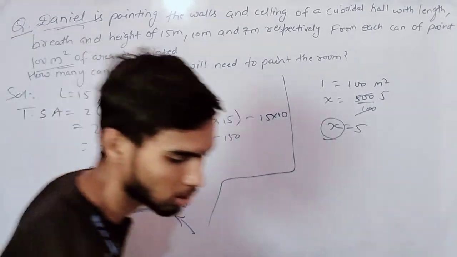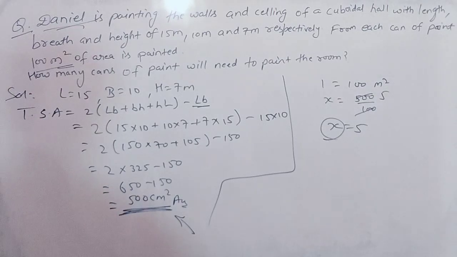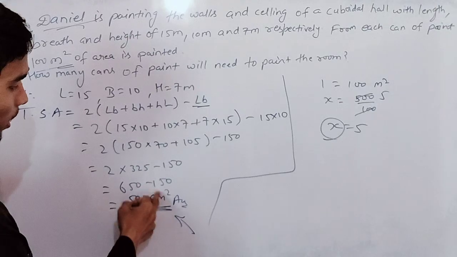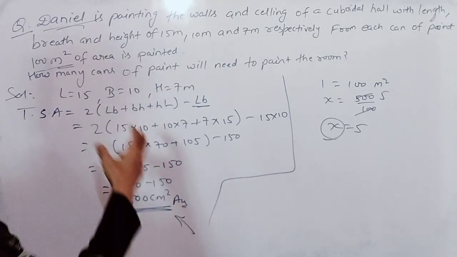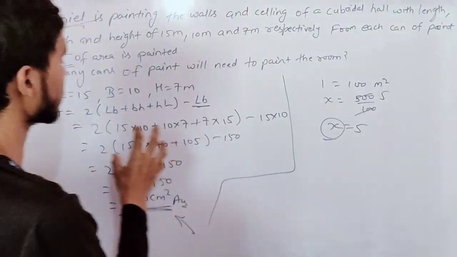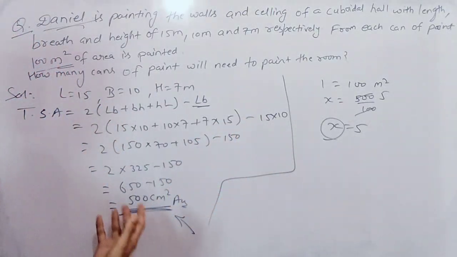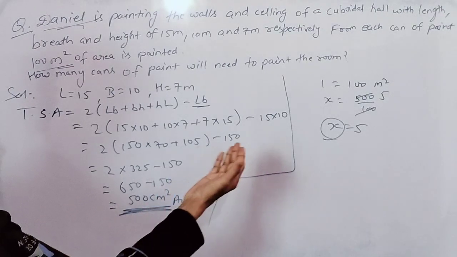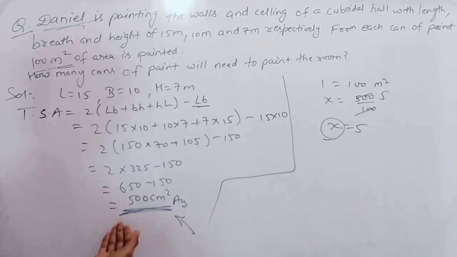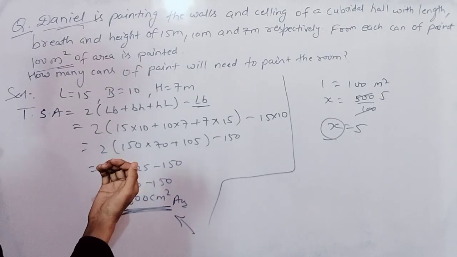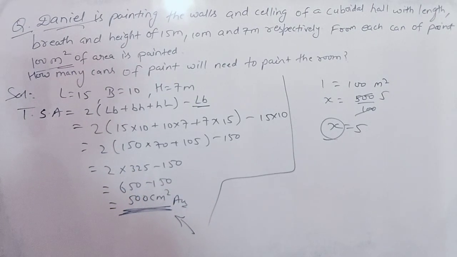Now next, volume. This is clear. One can will take this much area. So we have the complete area, and this complete area is being painted by this paint. Now one can takes how much area? 100. So how many cans will this much area take? So 5 cans of paint. 5 cans will cover this much area, 5 cans, not only one. Now next,